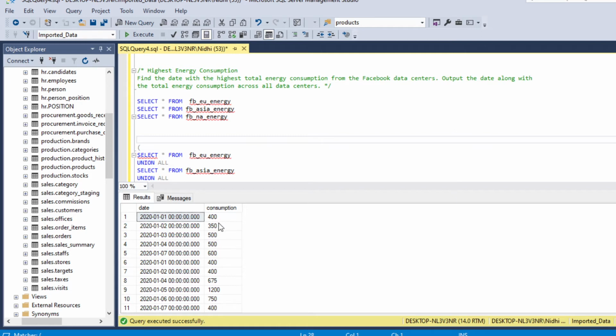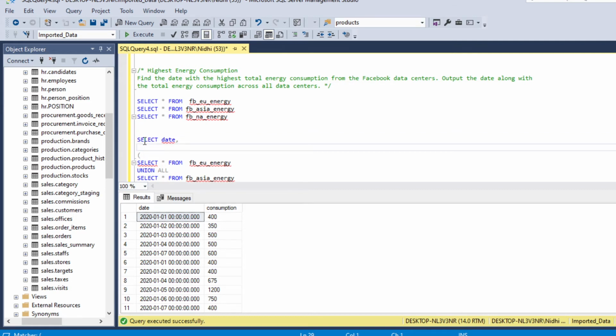First we need to apply sum on our consumption column in order to find the date with the highest energy consumption. So we will write select, we need date and sum of our consumption column as total energy from this subquery.